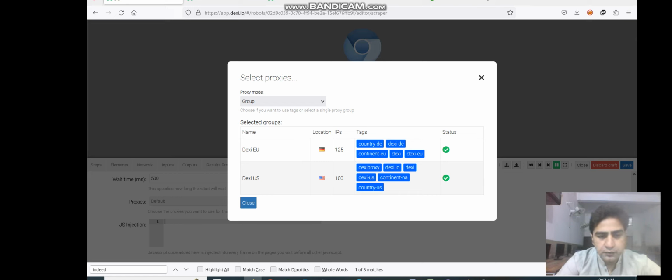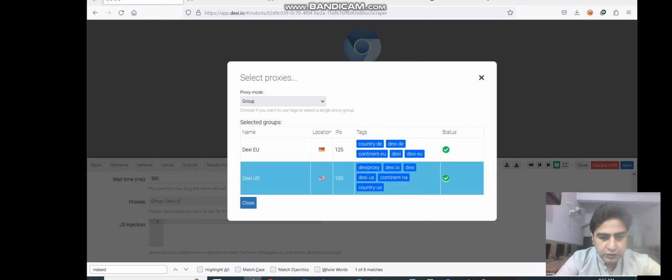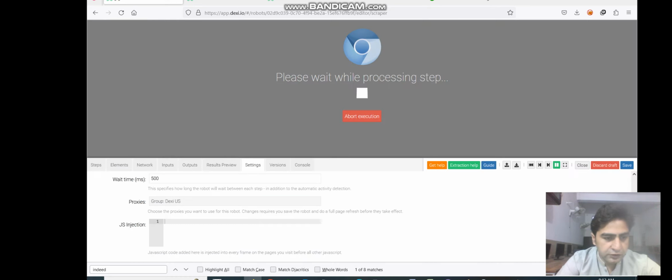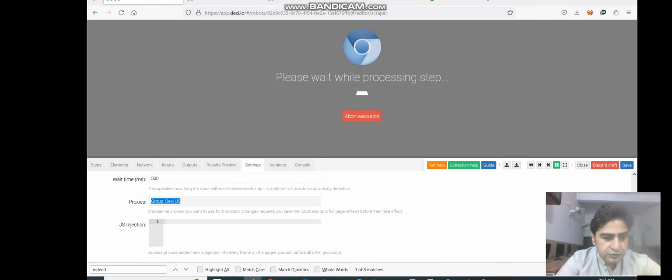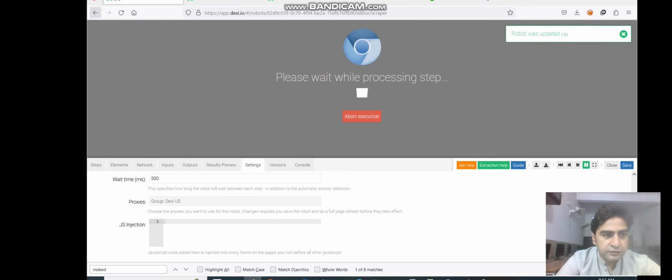These are the proxies actually. One proxy is for Europe and one proxy is set for the US. The Indeed.com site belongs to US sites, so we will use that one. When you click on that, it will close this modal. And here you can see that we have the Dexi US proxy. So I will save the robot and go back